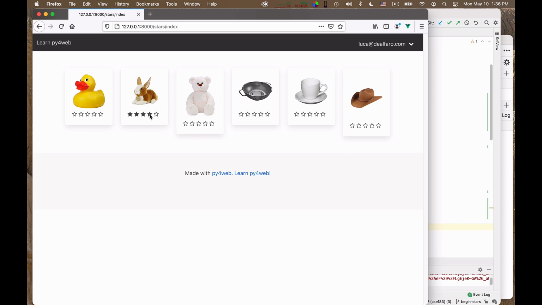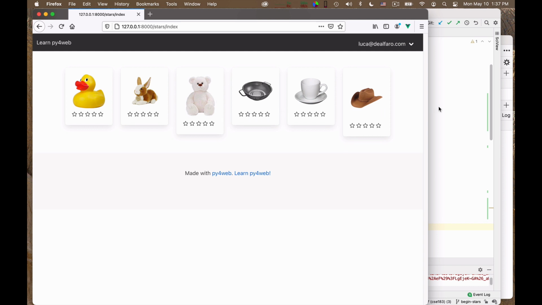So now both the hovering and the mouse out work, and the thing that doesn't work yet is clicking, because I may click as many times as I want, but no star rating is set, because there is no handler for the click event.